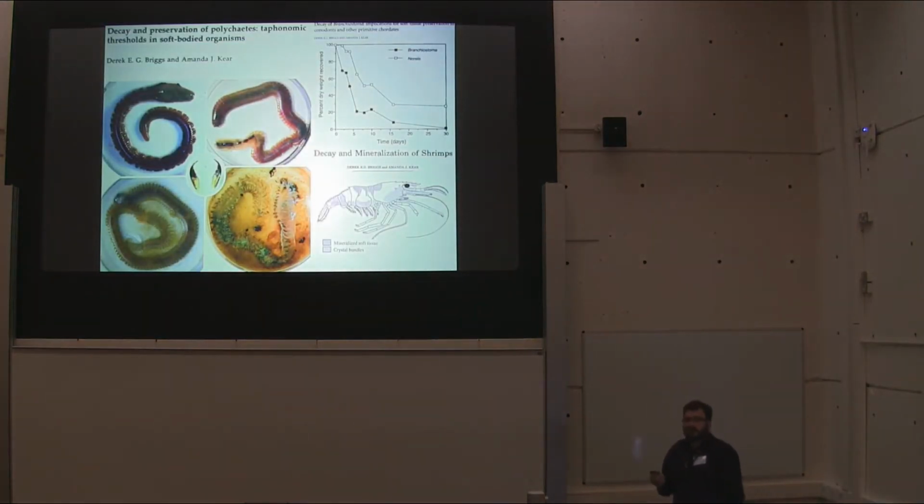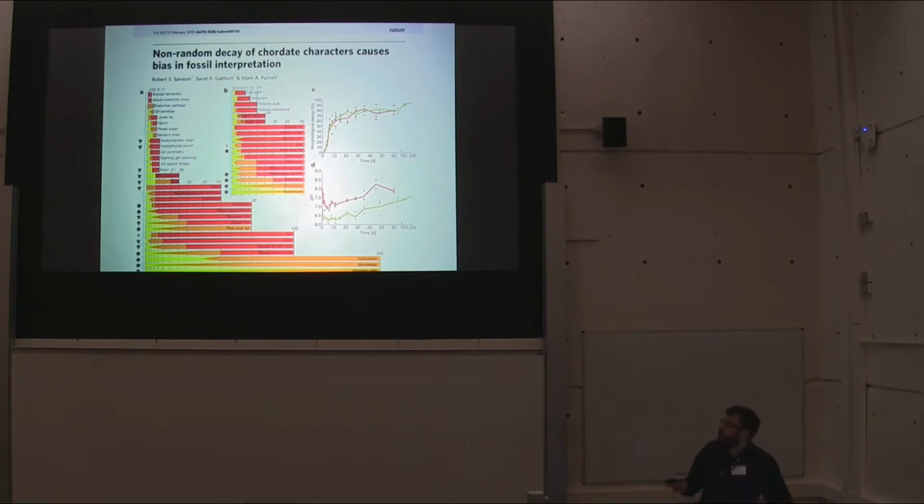Experimental taphonomy is by no means a new field, and there have been numerous studies over recent decades, perhaps most notably by Derek Briggs and his colleagues. I'm just using these three examples to summarise the field, because I think we can split them into three broad types. There are those studies that look at gross morphological change, those that use some sort of measure of the total amount of loss of information, and those that make some attempt to replicate the process of preservation. But more recently, there's been a slightly different approach which focuses on the transformation and subsequent loss of individual